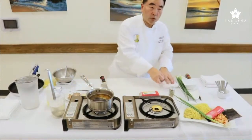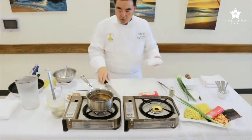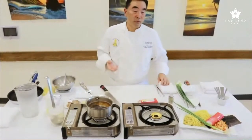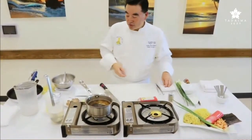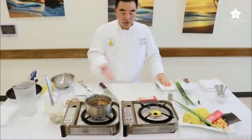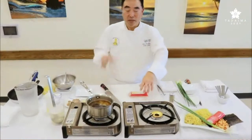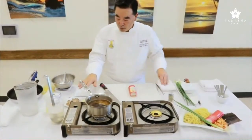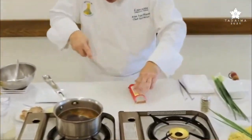many times they use char siu instead of pork, but on Kauai, my grandfather used pork because we didn't have any char siu. There's no stores back then that's selling char siu, so he would just make his pork in the pan, which is great because then you got the fat that you could put on the ramen, right? I mean the Saimin, and it's just awesome. So we have our pork here. We have our pork fat now. We're going to cut up our